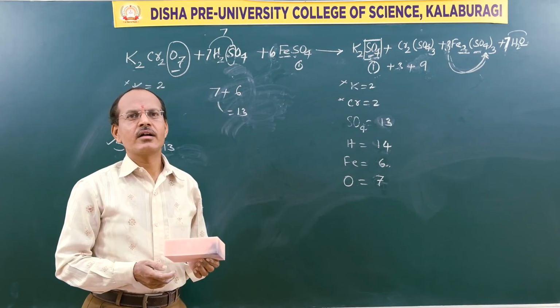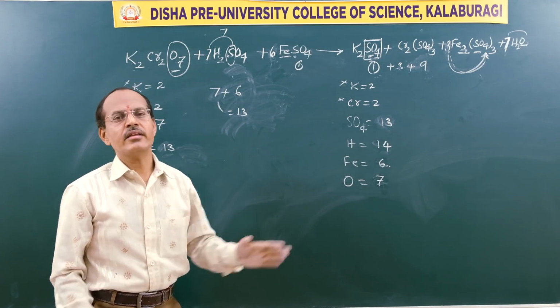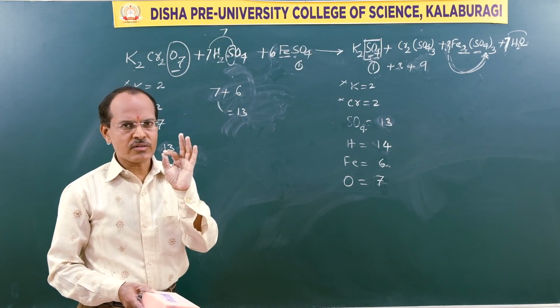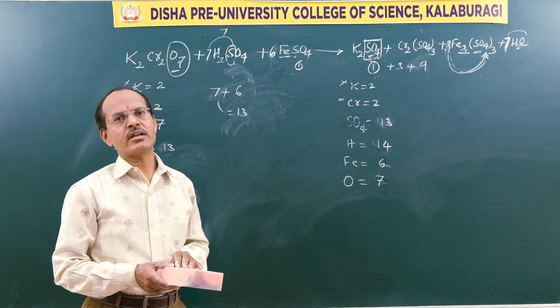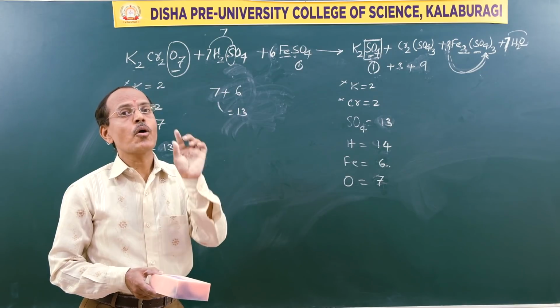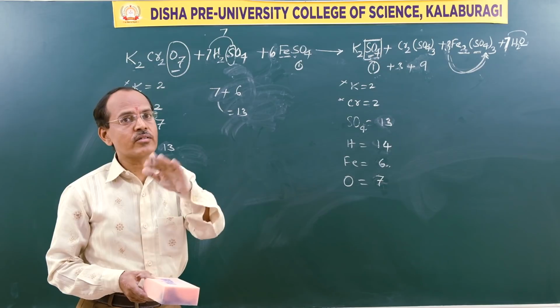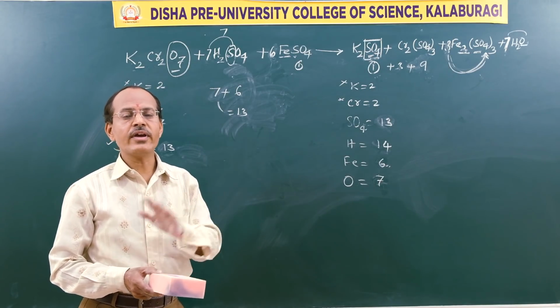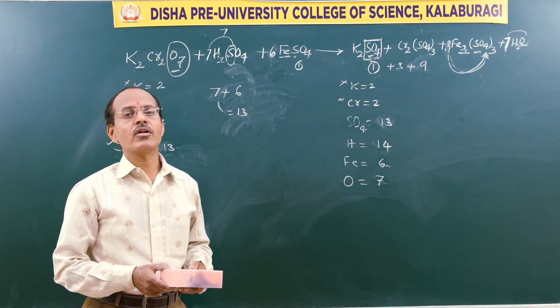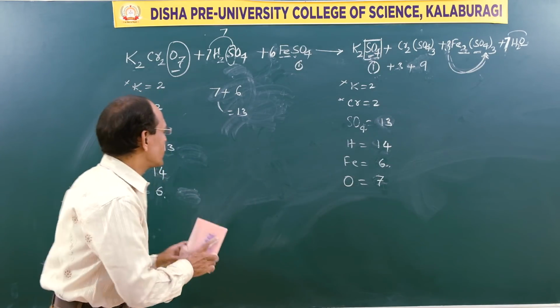Okay, now I'll give one more example. Try this. You try to write the names of that reaction, that is reactant as well as product, and also balance the equation. In the next class I'll solve that question also along with another concept called types of reactions. Okay, now take this.